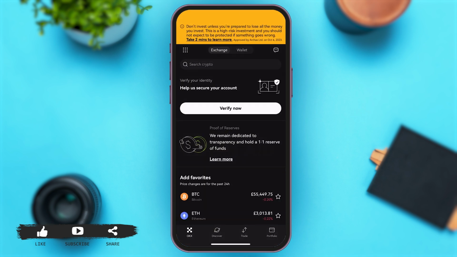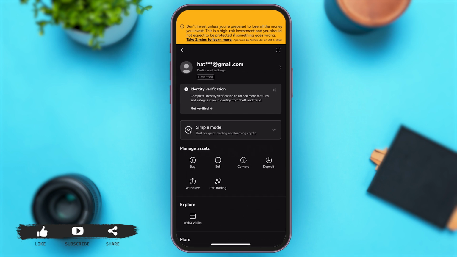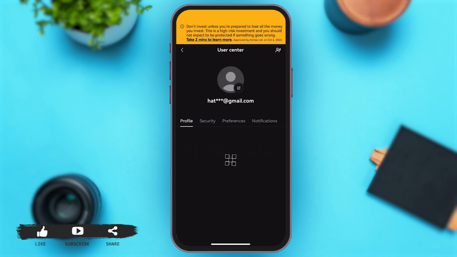Now from here, at the top left corner, you can see the 9 dots icon. Tap on that. Once you tap on that, you can see an arrow-like icon right beside your email at the top. You can tap on that arrow. Once you tap here, right below your email, you can see you're given a few options like profile, security, preferences,